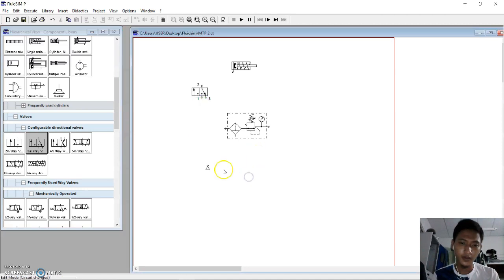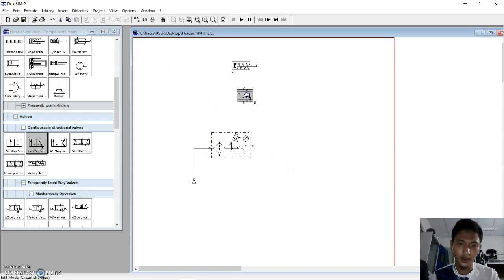Okay. First, we need to connect the compressor with the air service unit. When we connect it, we must hold this button and hold until we get in this connector. So after that, we connect the air service unit with the 3-way valve.